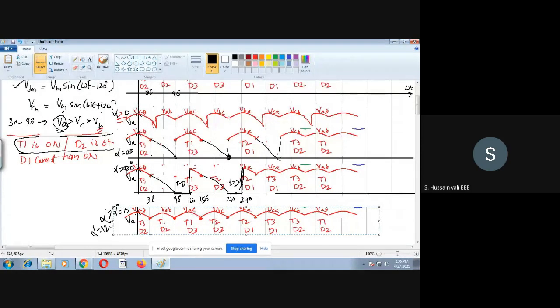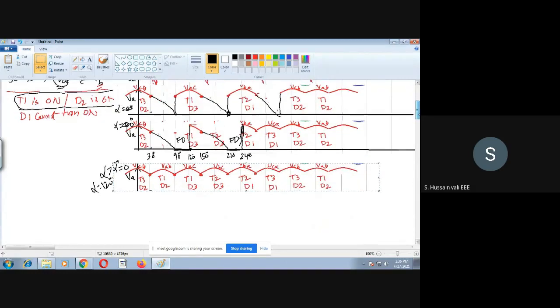See yourself what will happen if you take alpha equal to 120. Alpha equal to 120 means, just see yourself, this is 30. So from 30 to 120, it means 150. So here you'll find the delay till 150. If you find the delay till 150, you simply erase all these parts,